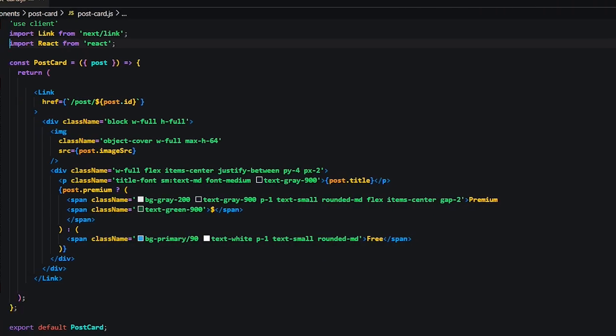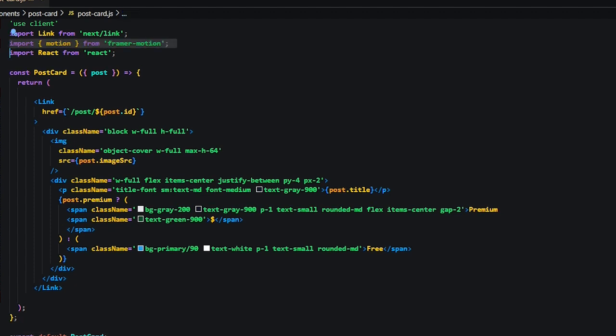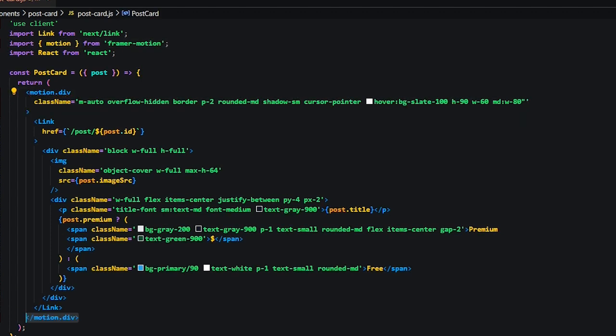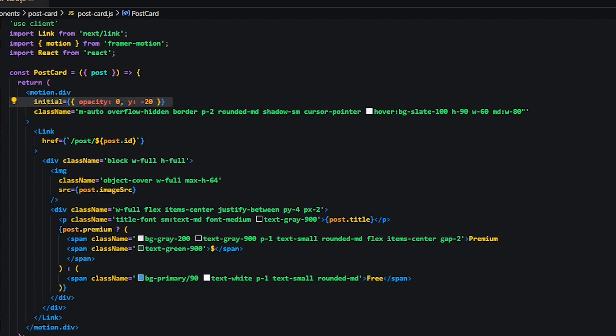So let's take a look at the card component and some changes that we're going to make to it. First, we'll start by importing motion from Framer Motion at the top of the file. Next, we're going to wrap the entire card component with motion.div. This is going to tell Framer Motion that we want to animate this component. So the initial animation properties, we're going to define within the motion.div. We're setting the initial opacity to 0, and then we're going to move the card upward by 20 pixels on